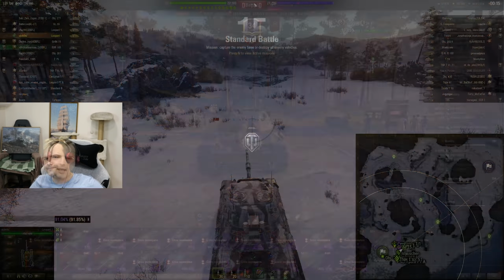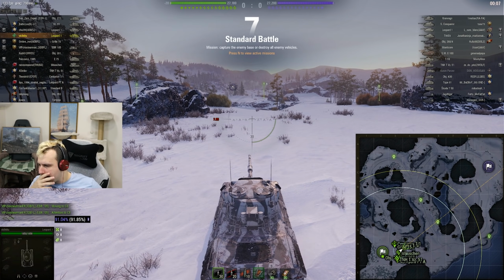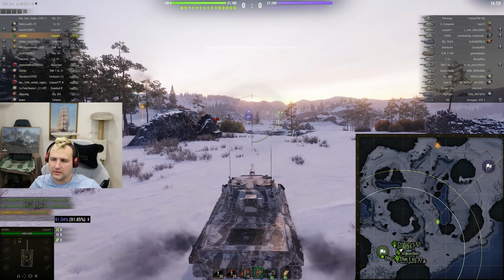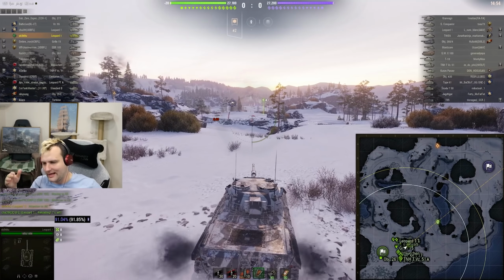And we are back, fellas, and for the last game we have Mannerheim Line, right? And this is a great map for Leopard 1. I know exactly what I'm going to do. I'm going to take Echo 1 position, and the main reason why I'm taking Echo 1 position is because I'm going to try to outspot people who are trying to cross like this, since